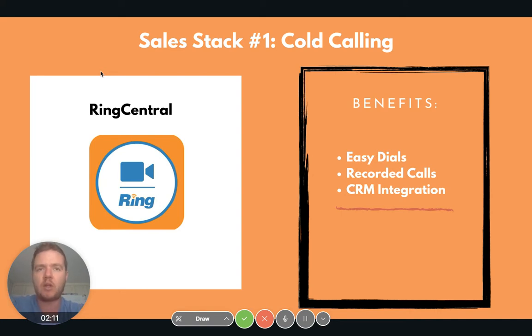And that's really critical, especially if you're a sales manager, to be going over calls with your sales reps. And even for myself, to this day, if I'm making a cold call, 8 times out of 10, I want to be recording it because there's always something I can learn from previous calls that I can do better. It's just that simple. So Ring Central is the main tool we use at Agency Flare for all of our